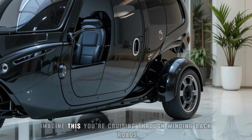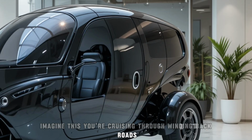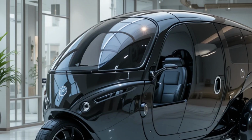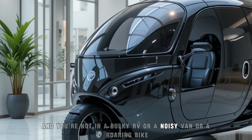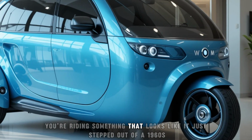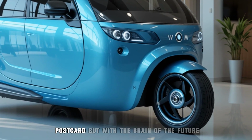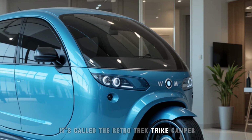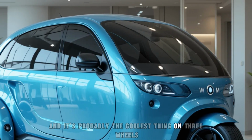Imagine this. You're cruising through winding backroads, the morning air crisp, and the trees painted gold by the rising sun. And you're not in a bulky RV, or a noisy van, or a roaring bike. No, you're riding something that looks like it just stepped out of a 1960s postcard, but with the brain of the future. It's called the Retro Trek Trike Camper, and it's probably the coolest thing on three wheels you'll see